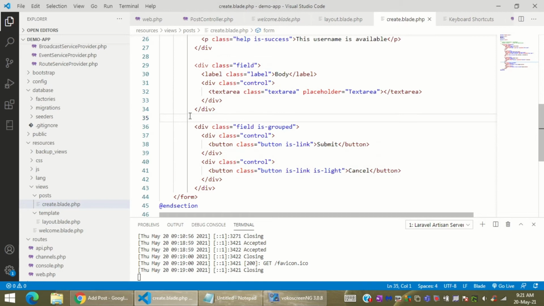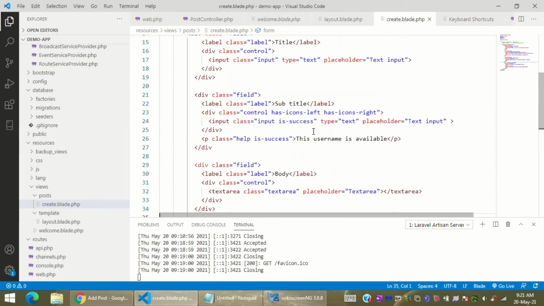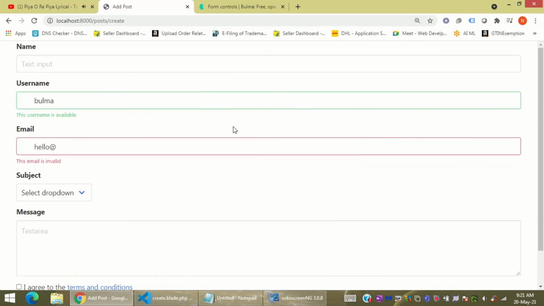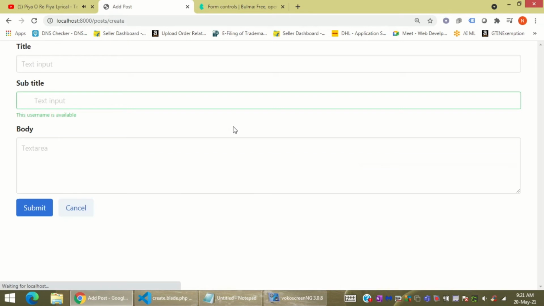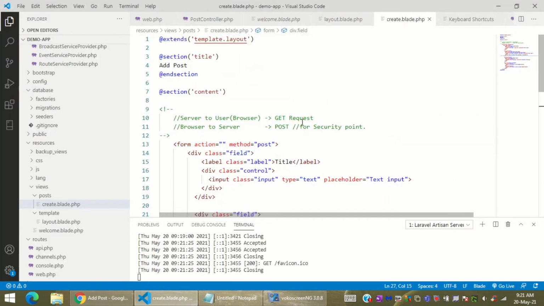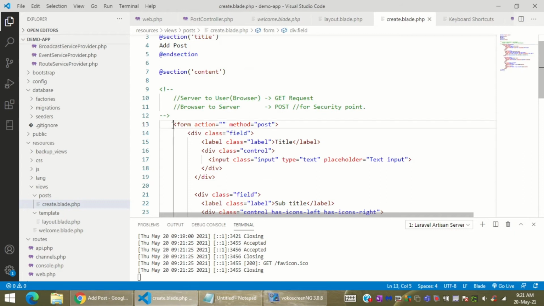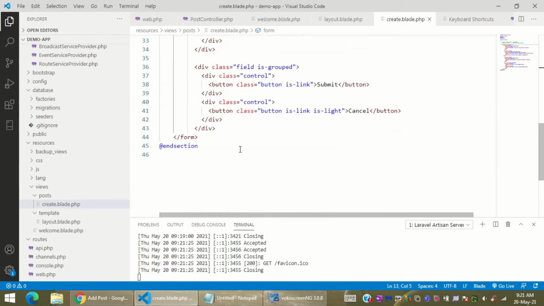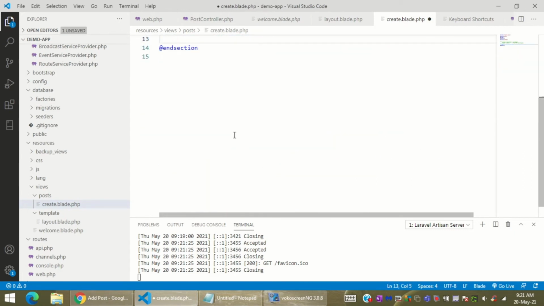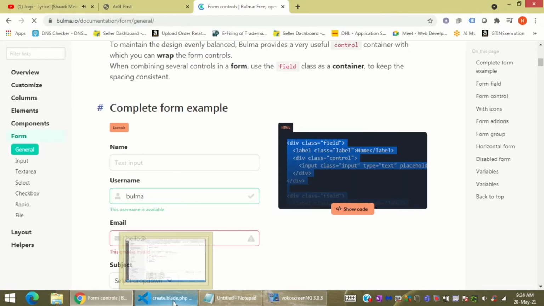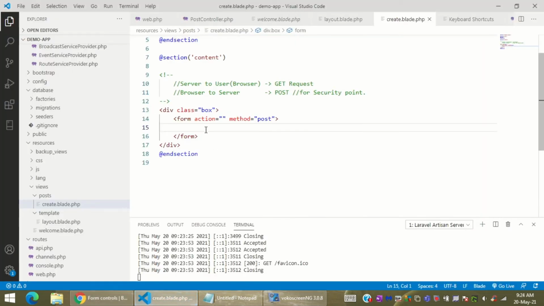Let's go and see if I have made any typo error. Yes, I do have. Okay, so over here everything is now corrected. Let's refresh the entire page and see how it looks. Wow, it's looking nice, and all the things are working perfectly. Now let's cut this entire stuff once again,